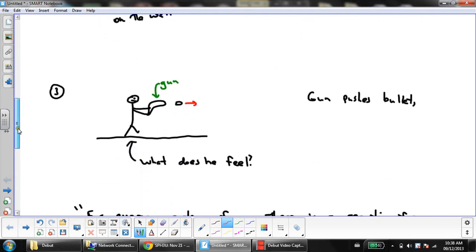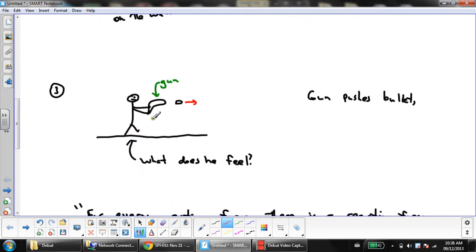Okay. Got a gun. What does this guy feel right here when he shoots out of this wonderful, powerful, large gun? Shoots the bullet out. What does he feel? In English, we call it a recoil. Yes. It's a jolt back. This gun jumps. He'll feel a kick backwards. He needs to be holding on to this gun properly and be braced for when he shoots it, or this gun will flop all over. So if the gun pushes the bullet